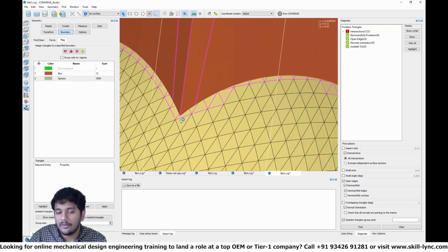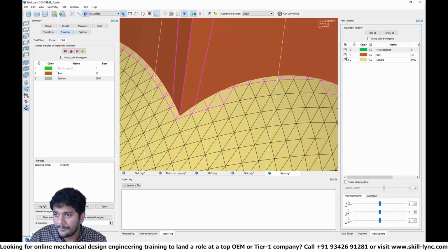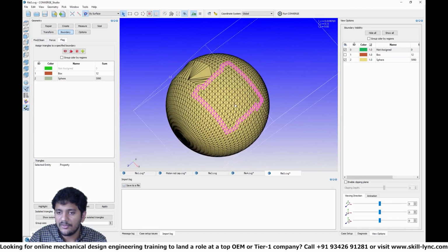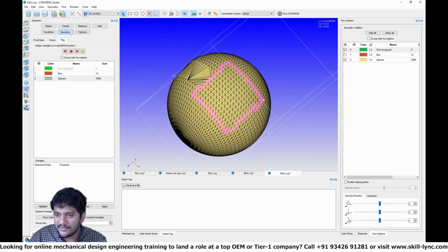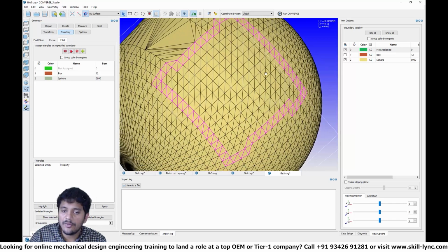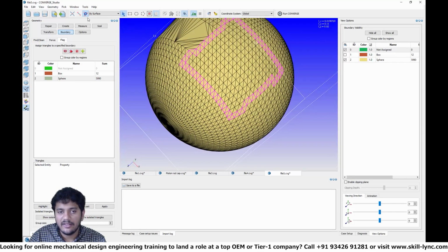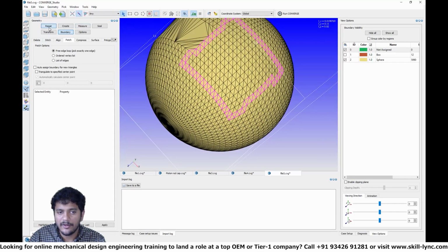So what we have to do is, if I hide the box, you can basically see that Converge Studio creates this nice boundary, right? I want all the triangles inside this particular boundary to be deleted, because once that is deleted, then I can use some kind of a patch command to solve the problem. All right, so let's think how we are going to delete this. Now, obviously, the easiest thing we can do is go to repair, delete,